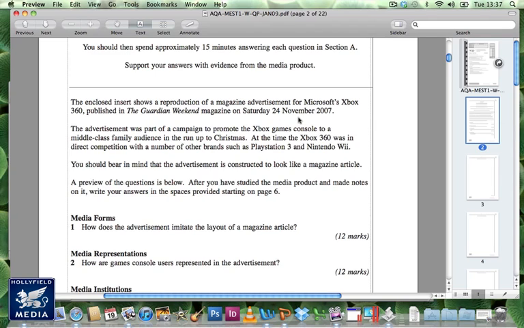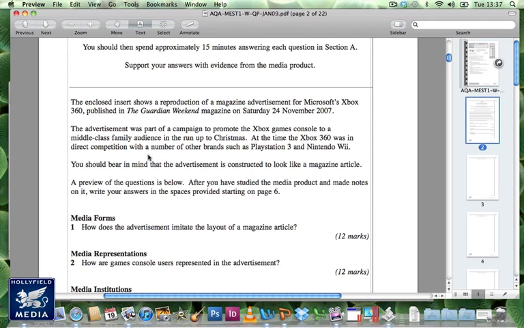Also notice the time. It's November, end of November. What's coming up in December? Christmas. Okay, new Xbox game. Who do you think these people reading this are? They might have children, they might have Christmas presents they've got to get. Oh look, there's an advertisement for a new console system. There's a bit of it to look at there.